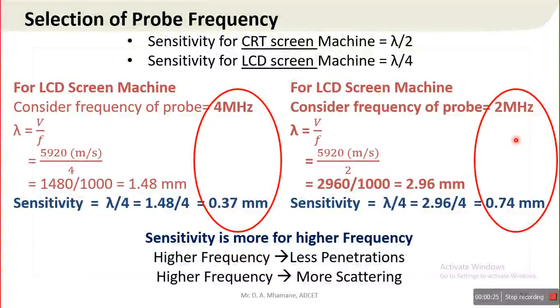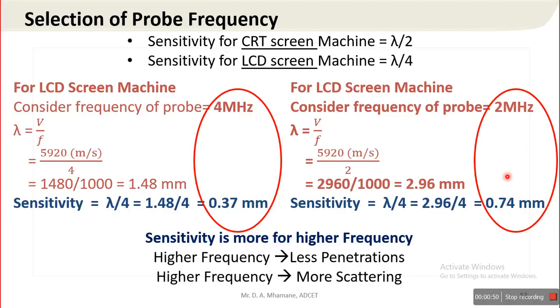In case of 2 megahertz frequency, the sensitivity comes to 0.74. So in case of 2 megahertz frequency and inspection of steel component, we can't detect the flaw which has dimensions less than 0.74 mm.